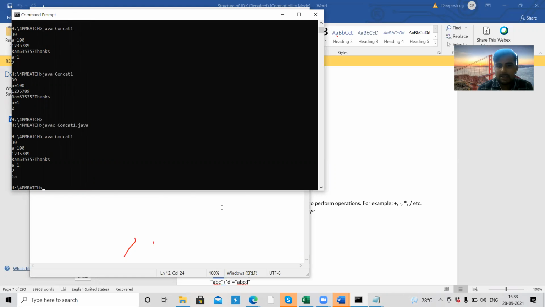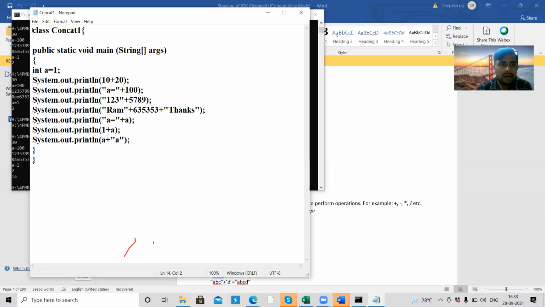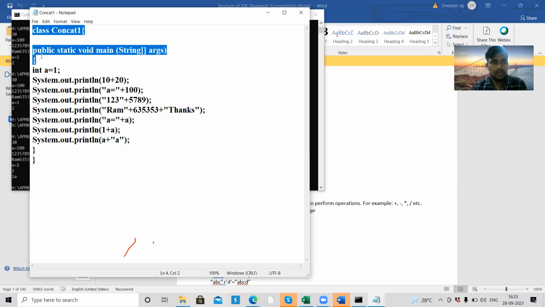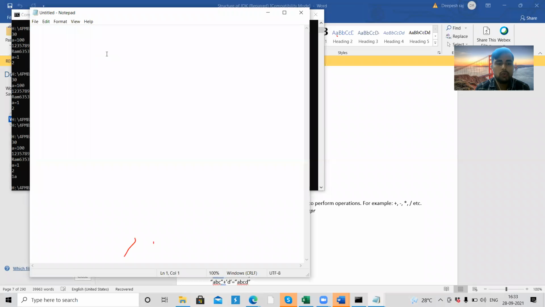One more best example. I have two variables and I want to print those two variables. Let's take int a equals 23 and b equals 24.